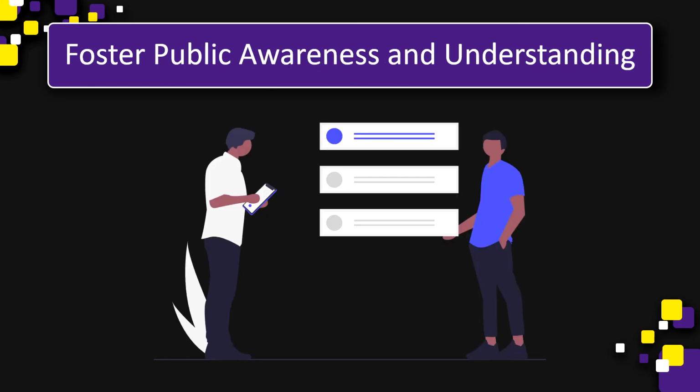You should also foster public awareness and understanding. So for things like security issues, privacy issues, social media, you are all technologically savvy people and should be able to express why these types of things are important, not only to your peers and other people who might be technologically savvy, but also to people like your grandparents or those who have no technological understanding whatsoever. It's an important part of your responsibilities as a professional because you will be considered an expert and your opinion is going to hold a lot of weight.